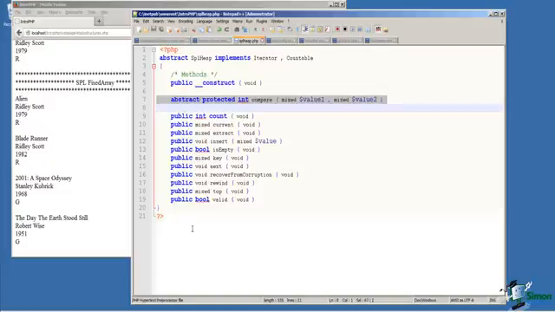The new keyword to pay attention to on line 2 is the abstract keyword. Abstract means that the SPL heap cannot be created directly, that it must be inherited from to create an SPL heap. And as we scan the functions defined for the SPL heap, we see on line 7 that the compare function is declared as abstract, meaning that we must provide an implementation for this function in the class that inherits